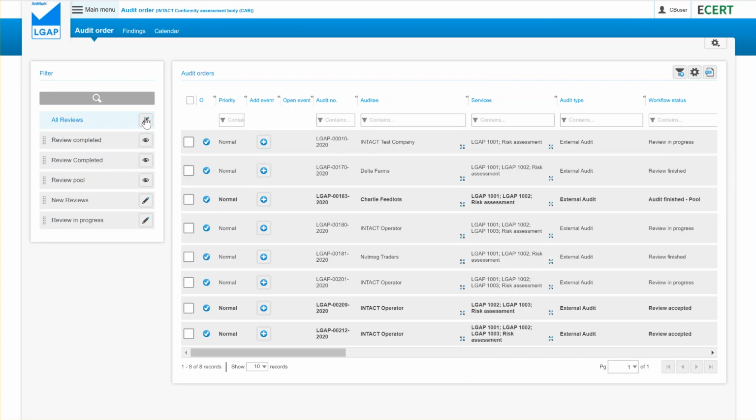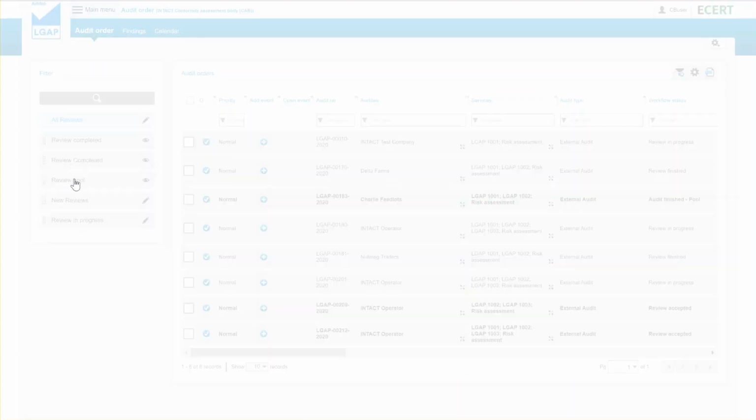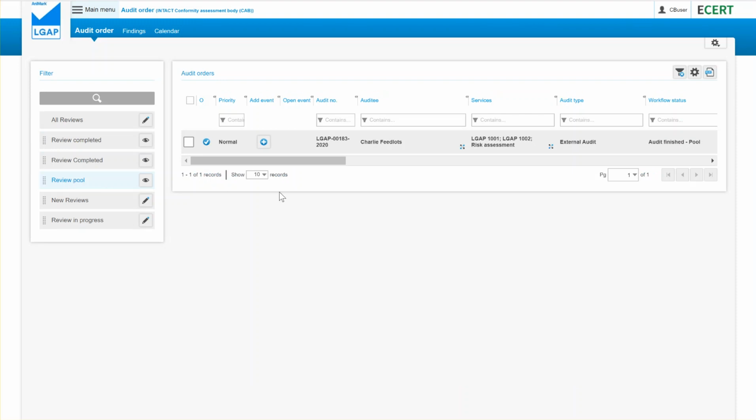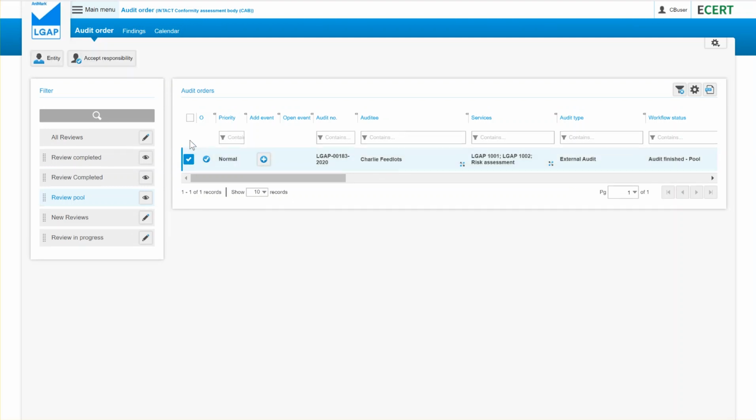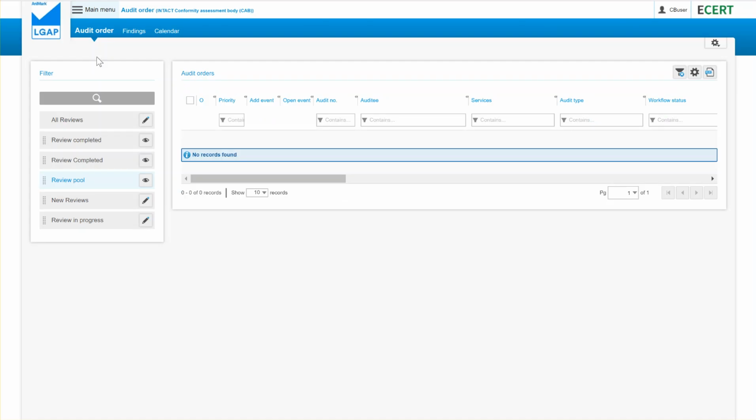So you can see on the left-hand side there are a number of filters. If you go to Review Pool, it will give you a list of all the audits in the system that have just been received from auditors. The workflow status should be set to Audit Finished in the pool. To accept that review, click on the audit and hit the Accept Responsibility button. This will move the audit to the Review in Progress